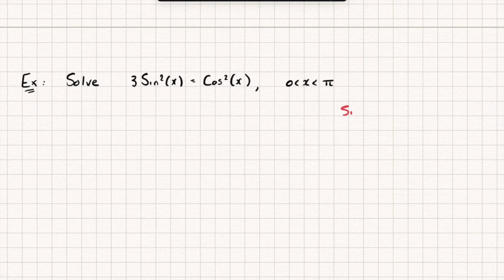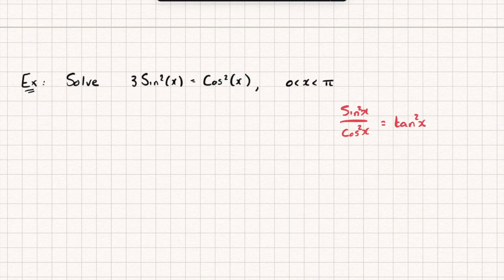that's using sine of x over cos of x is equal to tan of x. Now with this equation you can see both of these terms are squared. So what I could do is take this identity and I could just square both sides of it, and that's going to give me sine squared of x over cos squared of x is the same as tan squared of x. And so what I'm going to do first is divide both sides of this equation by cosine squared, and